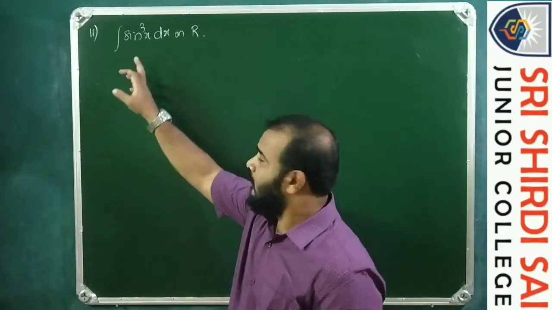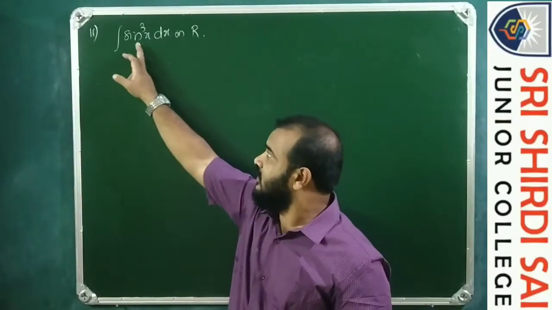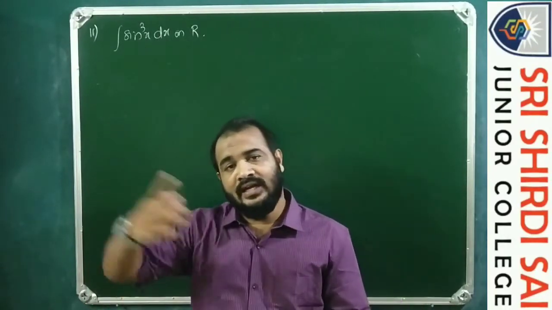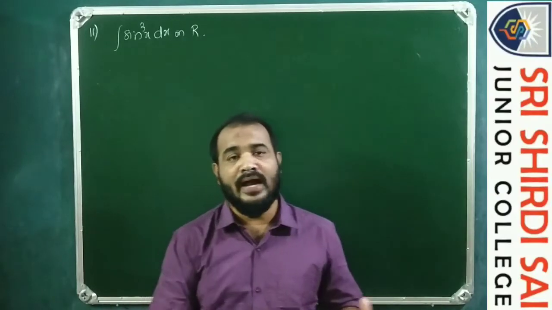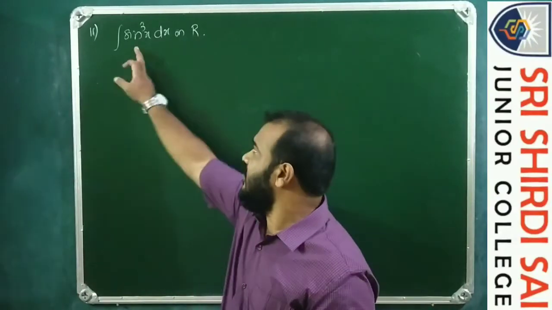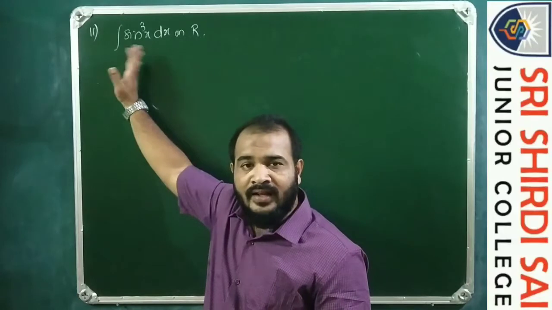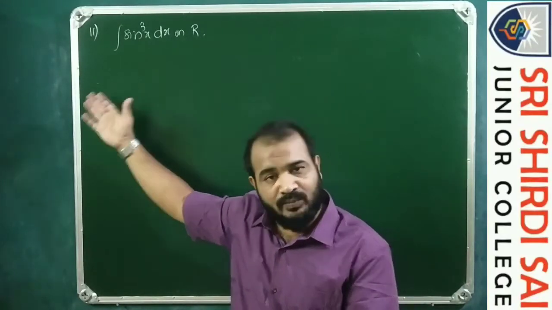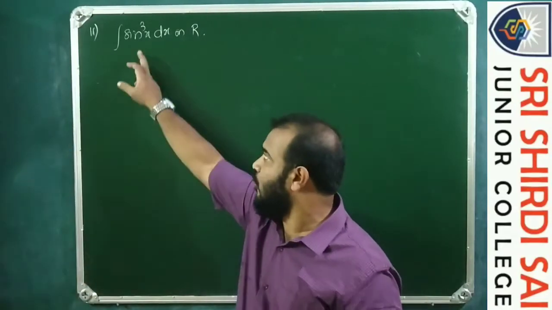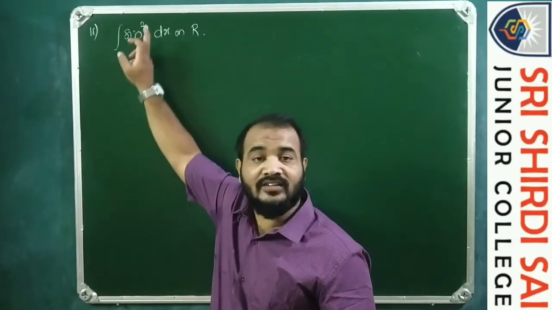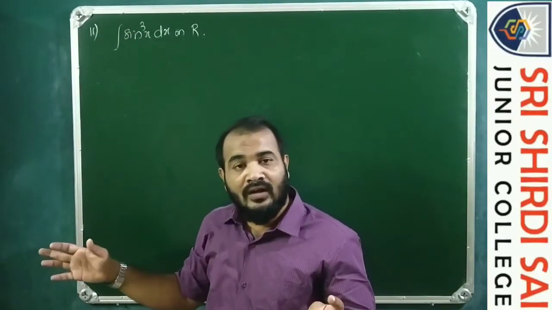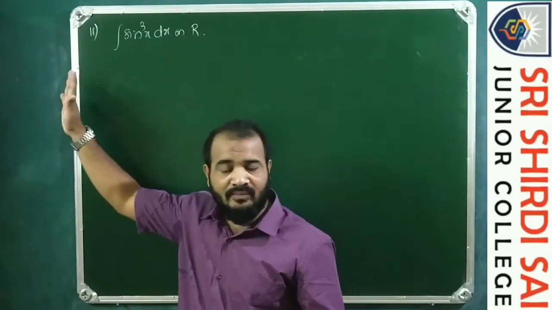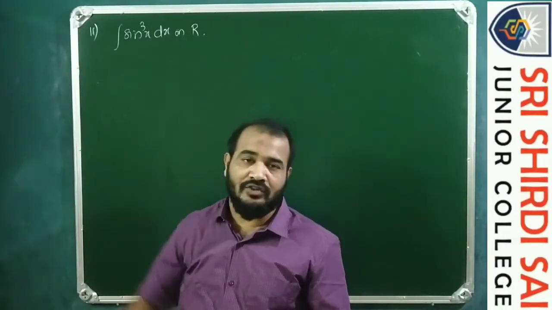Otherwise, for sin 2x, 2x is to be taken as x. So integral of sin 2x is minus cos 2x by 2. So sin associated with any linear factor, sin of ax plus b, sin 2x, sin 3x plus 4, etc., we know, but we don't know integral sin square x dx, integral sin cube x dx, sin power n x dx, etc. So this we will be learning in the last exercise of this integration, which is a reduction formula.